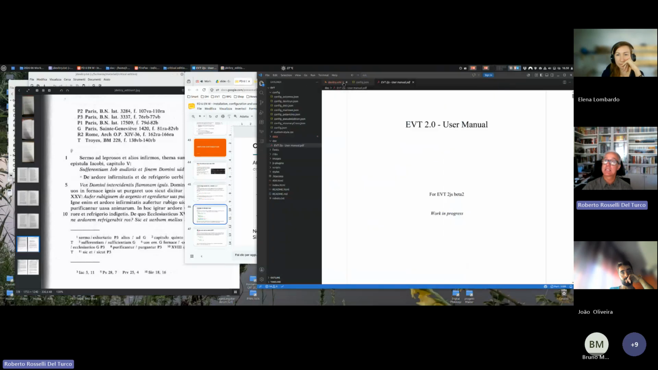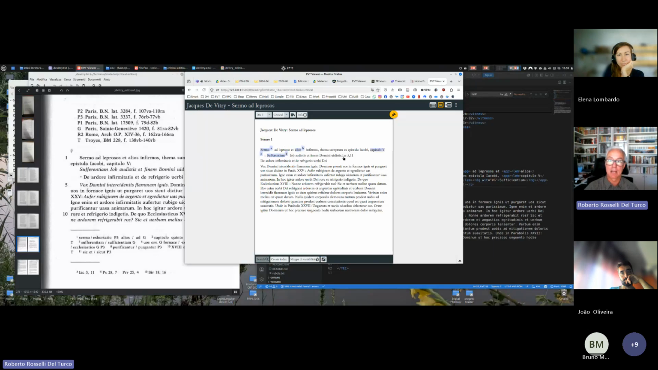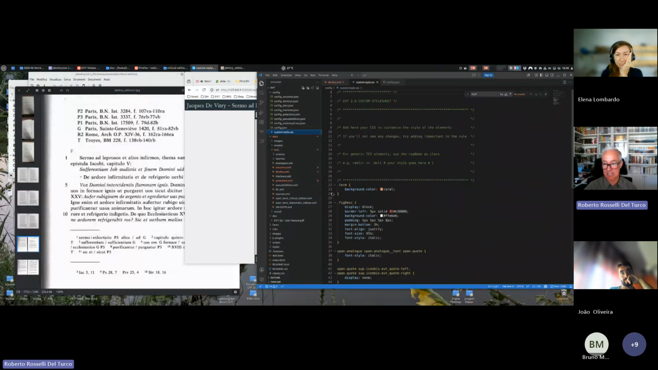Okay, for instance, this is in the slides. Let's say I have a Bible reference here. EVT doesn't know a thing about Bible, so it is presented as if it were part of the text. Really, really ugly. But if I go to the config folder, I have a custom style CSS